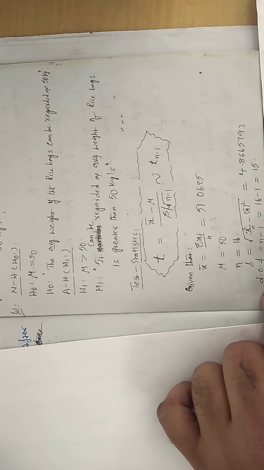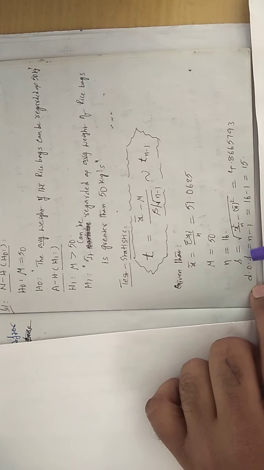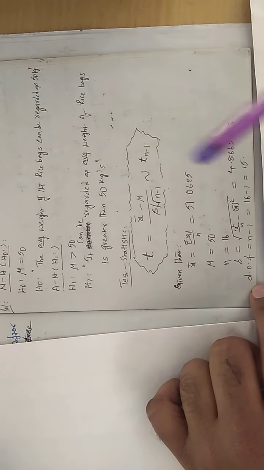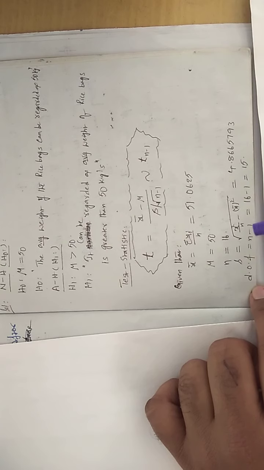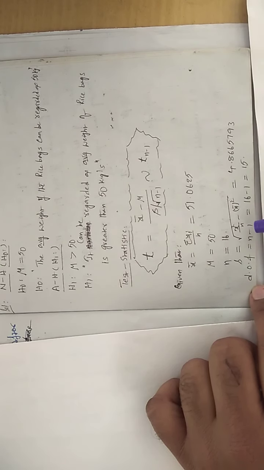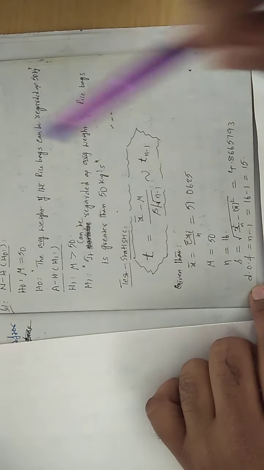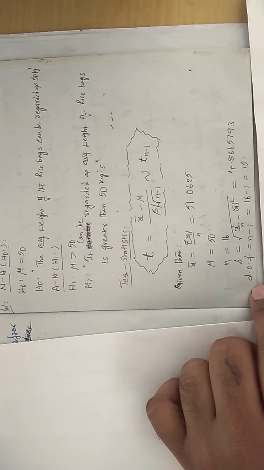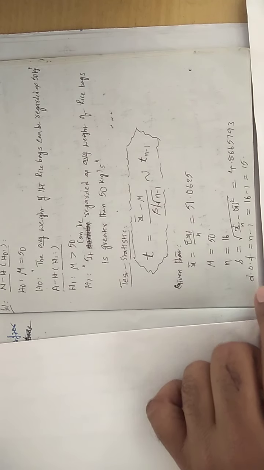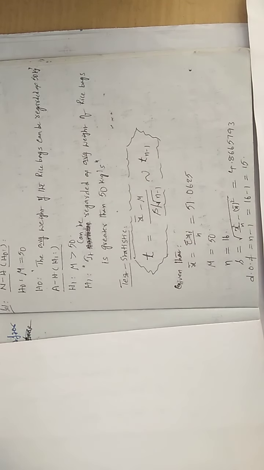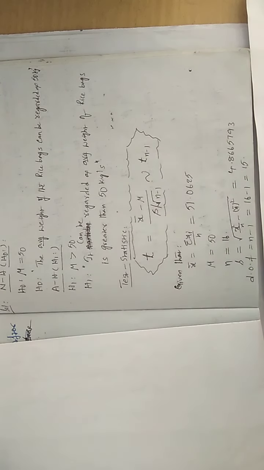Now this is a very important calculation. Degrees of freedom. In all the small sample tests, every time we need to calculate the degrees of freedom. So what is the sample size here? 16, in the question. So 16 minus 1, 15. Okay. Now let us get all the answers, the table value as well as the calculated t value.